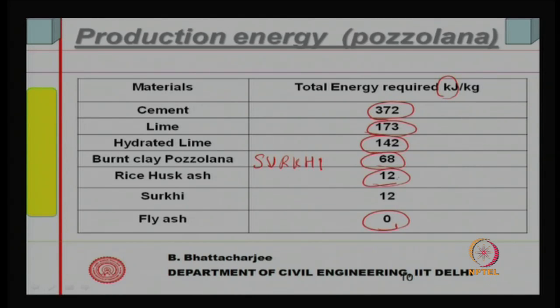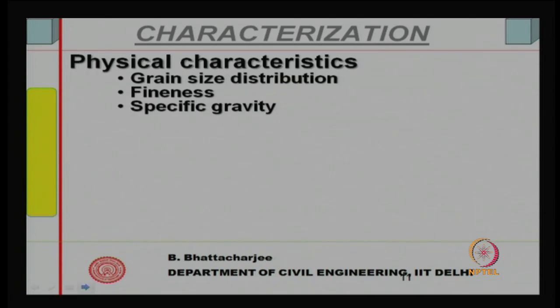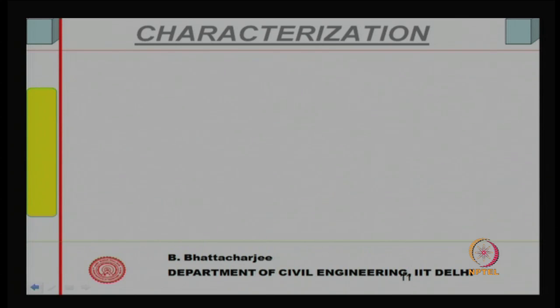Rice husk ash about 12 kg per kg, surkhi is already shown here 12. So, they need much less, actually. So, the least energy consumed in production is for fly ash, cement of course uses the maximum. Granulated blast furnace slag has somewhat higher value, silica fume of course will have slightly more than this. So, energy used is this. Right. Now, let me just explain before characterization,